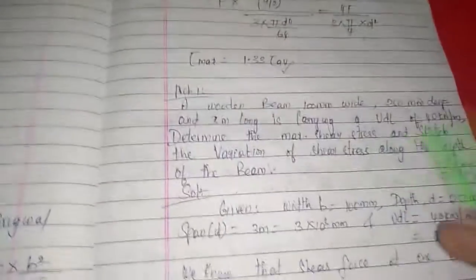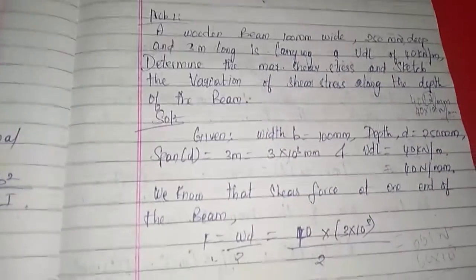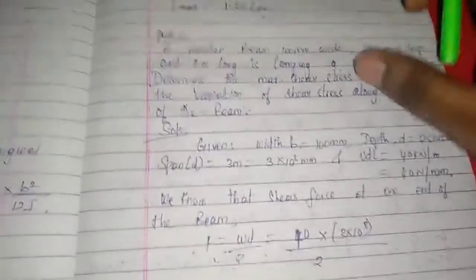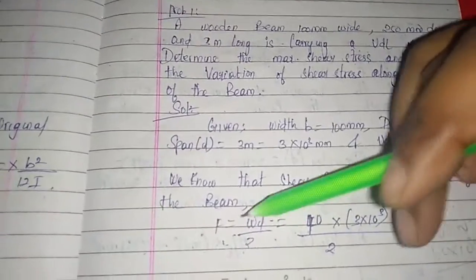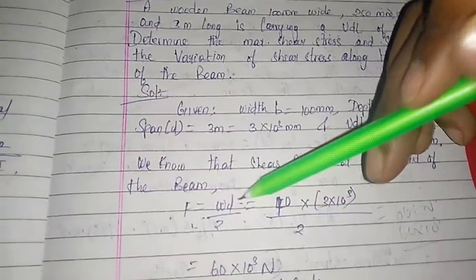Instead, they have given the UDL load. So using that load, you have found the force. Right? So the formula for UDL is WL by 2. If a point load is given, it is only W into L for force. Since it is a UDL, your force value formula is WL by 2.